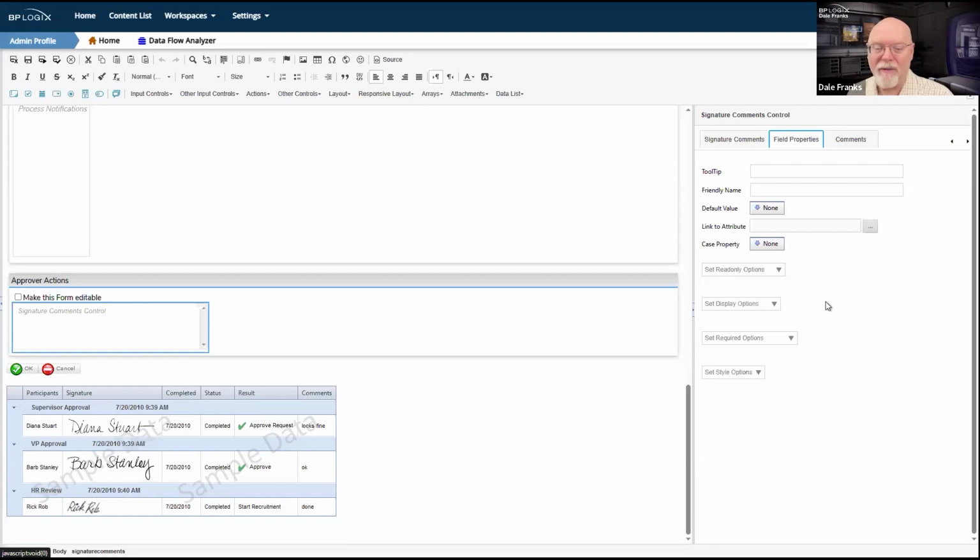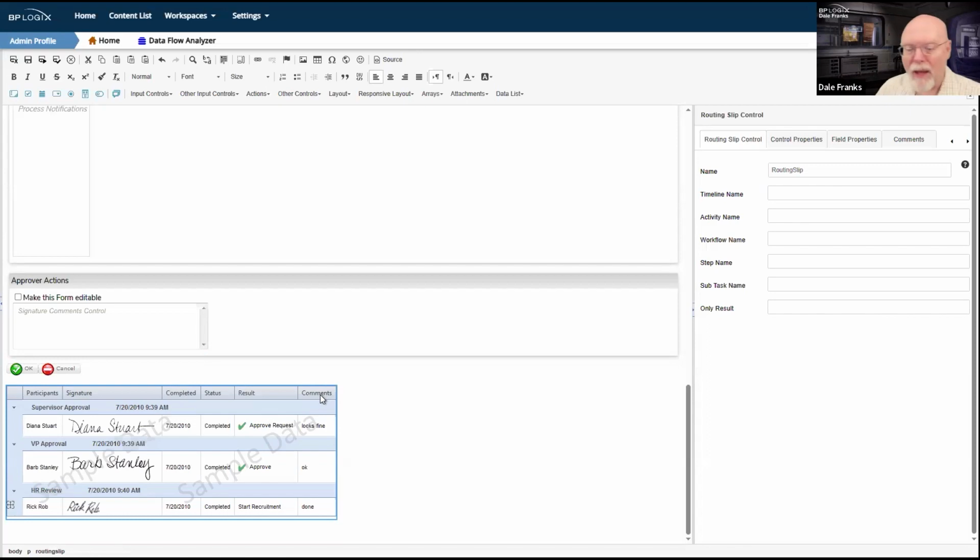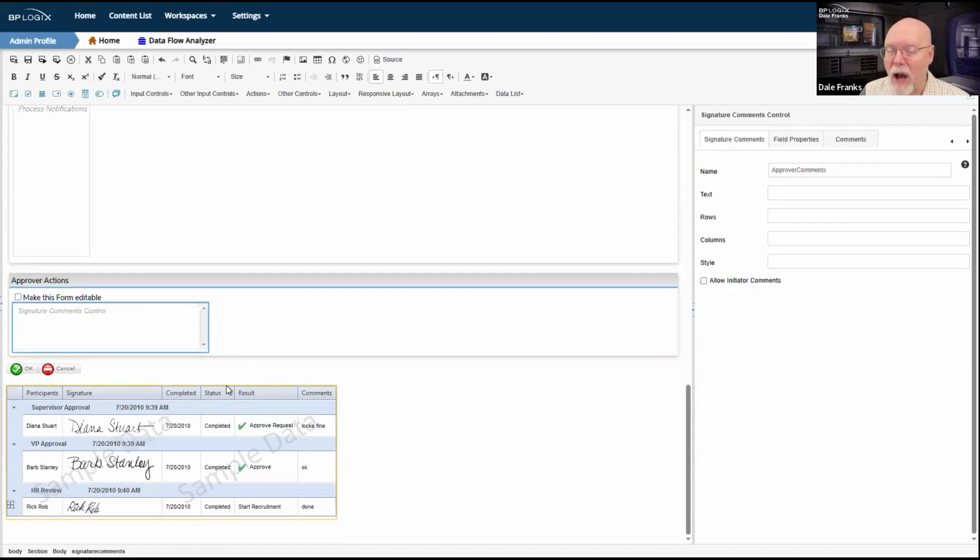And the value that gets stored in the process, so if you were to look down here at the routing slip where it says comments, that's signature comments, right? Well, that's not a form field. That's a process field. This comment doesn't get saved with the form. It gets saved with the process timeline activity instance. So I have to call this via a system variable.